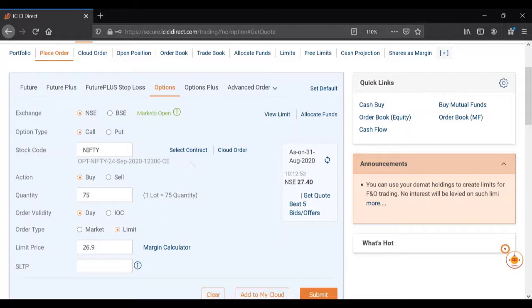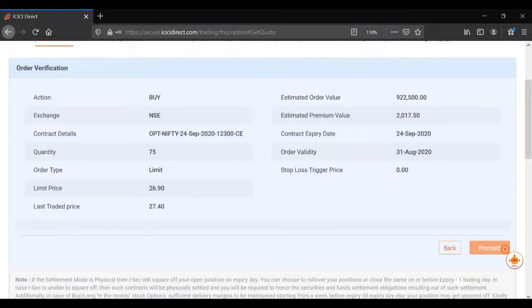You can go for 10 rupees also, or if you see my previous video, I used 1 rupee, 2 rupees also. That depends upon your wish. You just need to match one more buy order, that is the concept. With the same expiry you have to match one buy order, let it be 26 rupees or let it be 1 rupee. You have to match something so that the system will give you some margin. So I am matching with just the 12,300 call option. This I am going to buy.